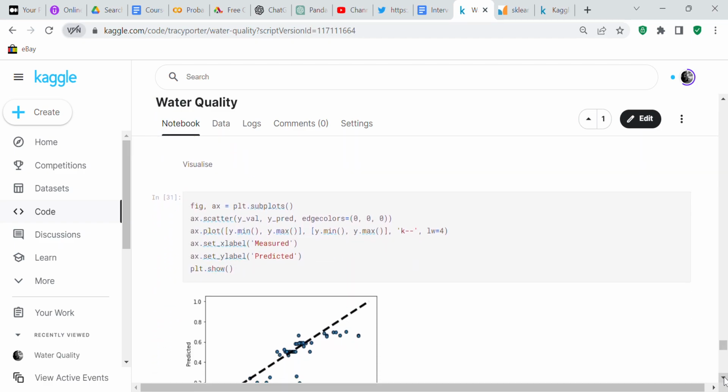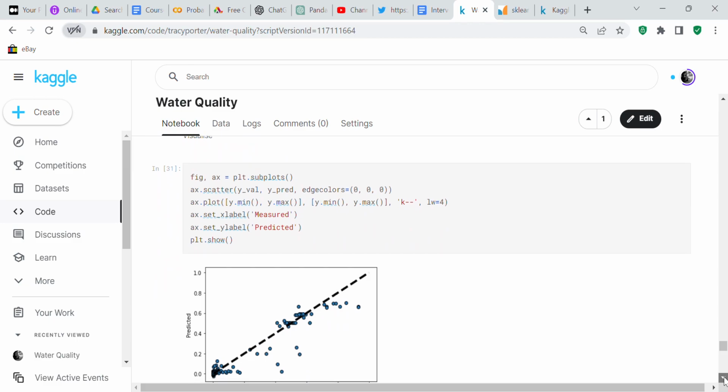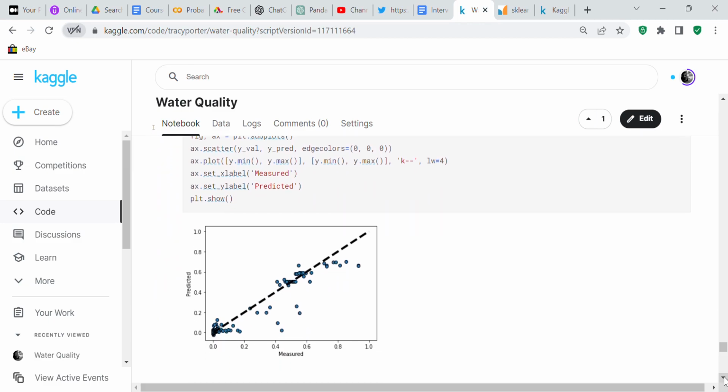And now we're going to visualize the data, and it doesn't look too bad because the model that I used before, gradient boosting regressor, was linear regression, and linear regression didn't look anything like this. And so you can experiment with the models to see if you can get a better visualization. And then if you get a better visualization, then there's a possibility that you'll get a higher accuracy or a lower error as well. But this gradient boosting regressor looks a lot better than the original model that I used, being linear regression.